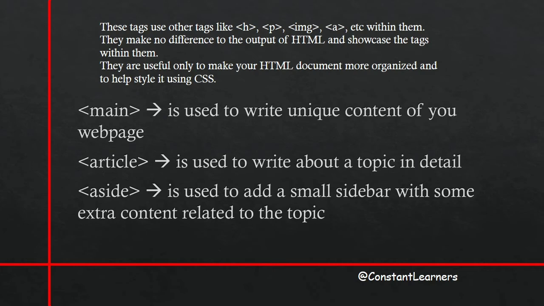The aside tag is like the side column, right? Usually in the textbooks or on the web pages we see that there's a side column with some additional information. Additional information that is related to our content, but it is also not very directly related to the content. So that we can add in our aside tag and we can use the CSS to style all of this content. So we are going to see both here. We're going to see our tags in HTML as well as how we can style them using the CSS.